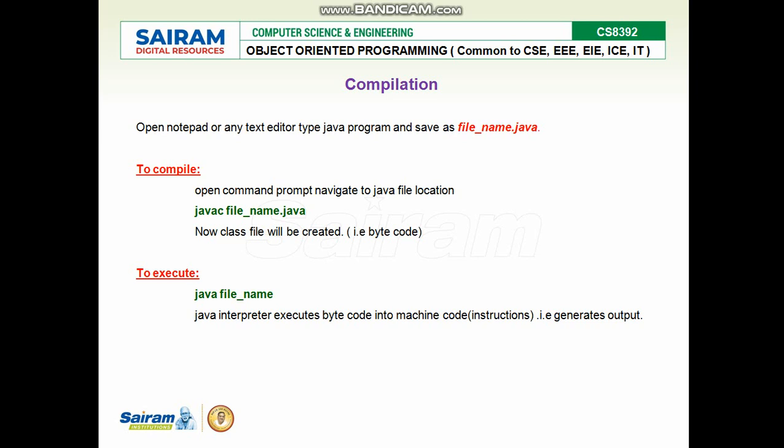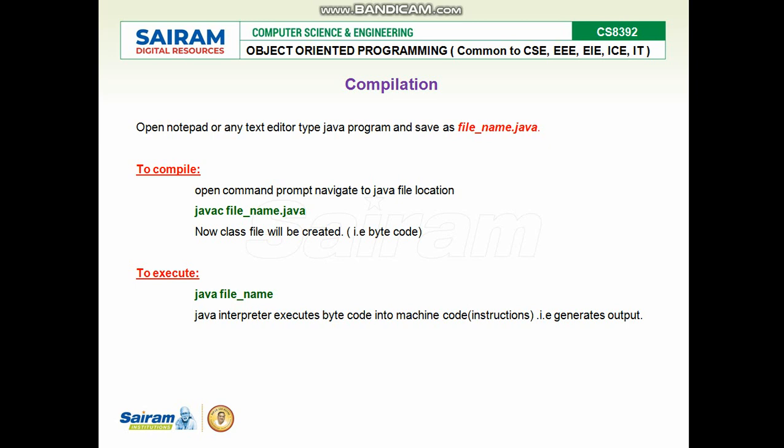Now let's see a simple example to compile a Java program. Open any text editor and type your code. Save your file name .java. Preferably the file name is going to be your class name where you are having your main method. You will be having a number of classes. For simple programs we will be having only one class and only one main method. So where you are having your main method, that class name should be your file name. Have this thumb rule. I'll tell you later why we are having it like this.